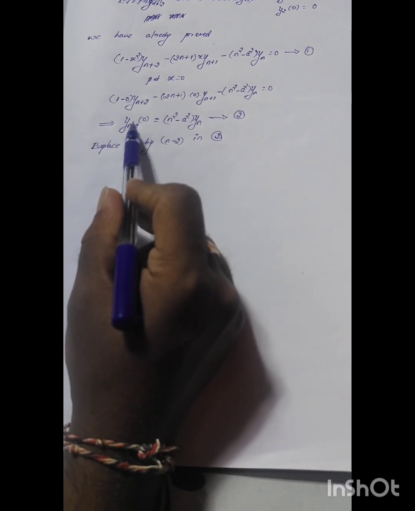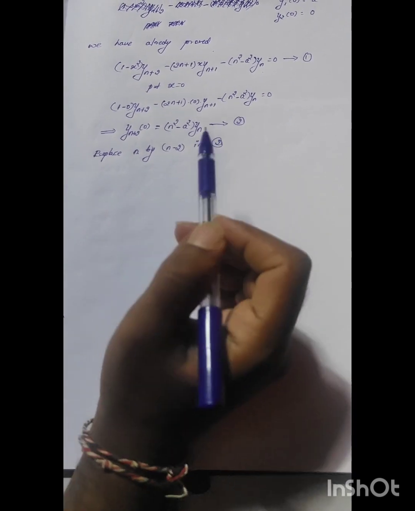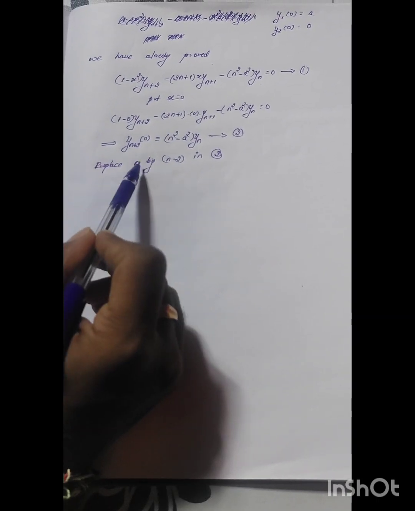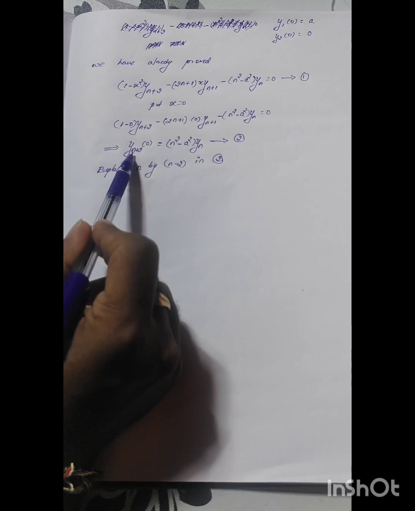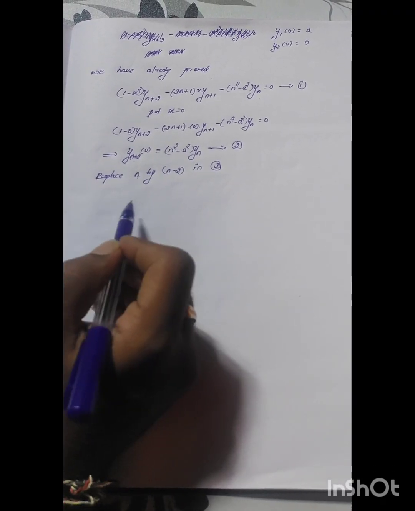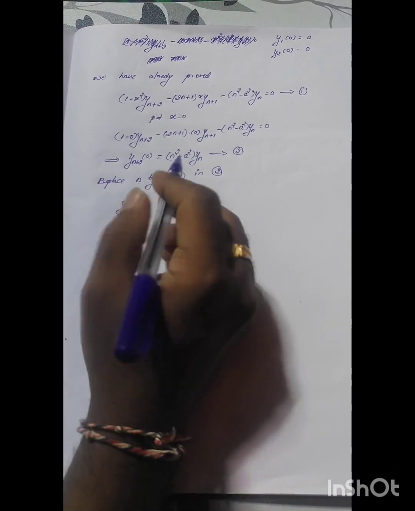So in order to get yn of 0, we will replace n by n minus 2 in the above equation. So yn plus 2 is there, we replace n by n minus 2: n minus 2 plus 2 becomes 0, the minus 2 and plus 2 cancel, so this becomes yn of 0, and